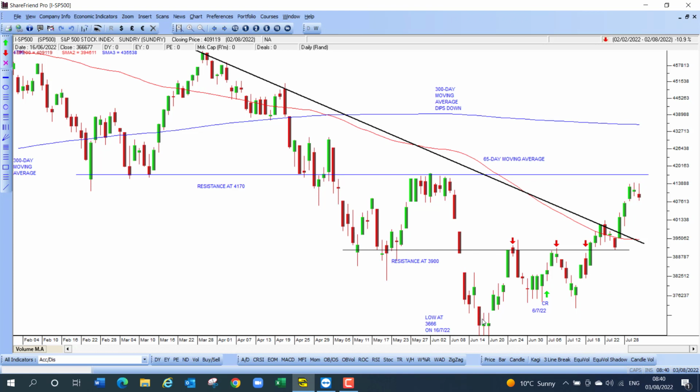You can then see that it went right down to its low point at 3,666 and came up and bumped its head against that same resistance line. So support became resistance. And you can see it did that again here, and then again, and finally broke through only here on the 19th of July.